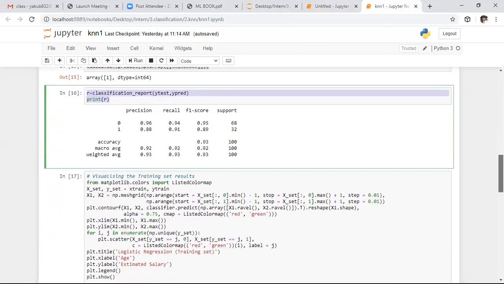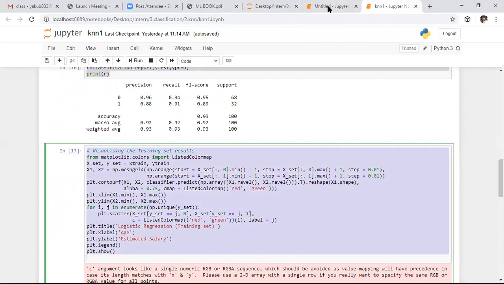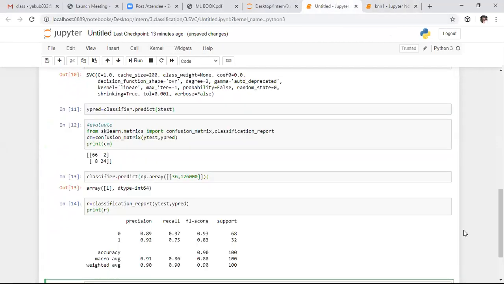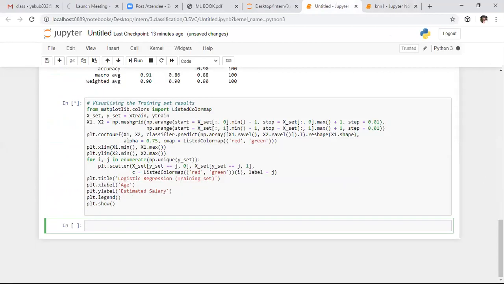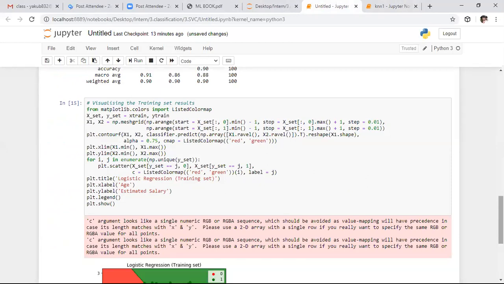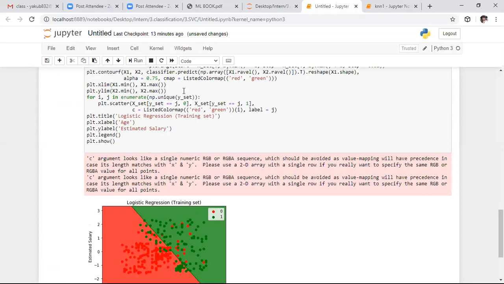After this, if you want to visualize the data, I want to copy paste the same program which we did previously. So here it is the graph for training data. Here we applied the linear kernel, so it is looking like a logistic regression line only. I did not change the name, that's why it is coming like logistic regression. Whereas if you change the name to SVM, it will show SVM here. You can change the title, all the parameters, or the colors here.